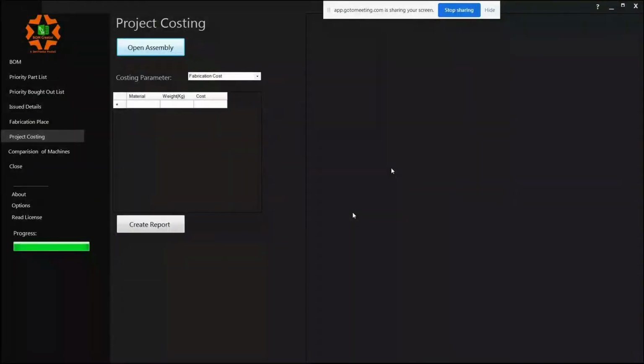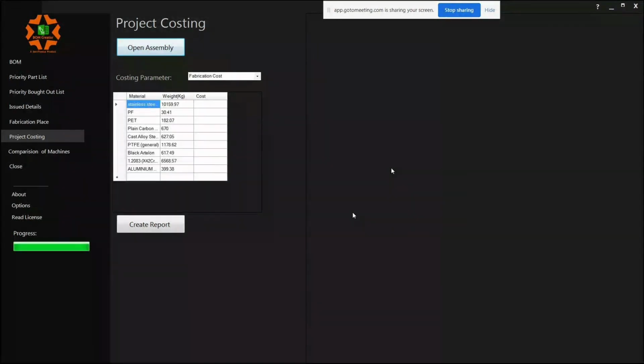And get the complete project budget. As soon as you pick an assembly, it will give you the first thing, the fabrication cost. For the fabrication cost, we get the complete material summary: what different grades of material are being used, and in what weight. As a user, we need to fill in the per kg cost of each material. Let's say plain carbon steel is 130 rupees a kilo, and that is the cost to my company. This 130 rupees includes the material cost, labor cost, surface treatment cost, operation cost, etc. So it is a lump sum cost to my company.